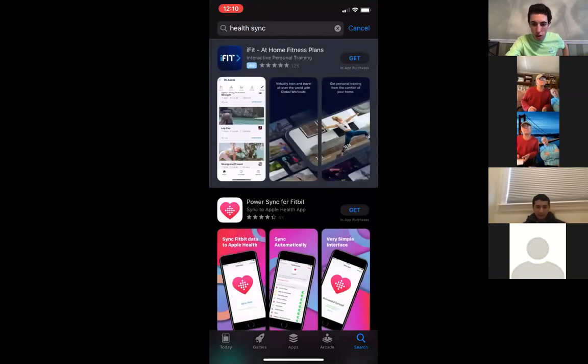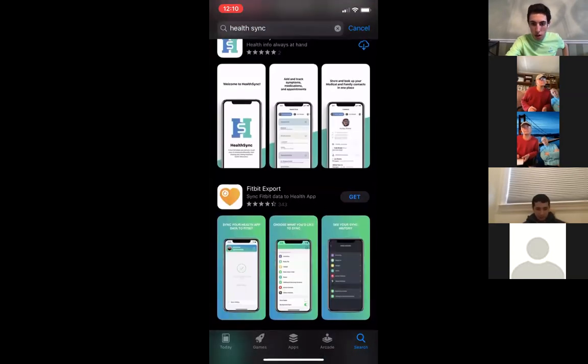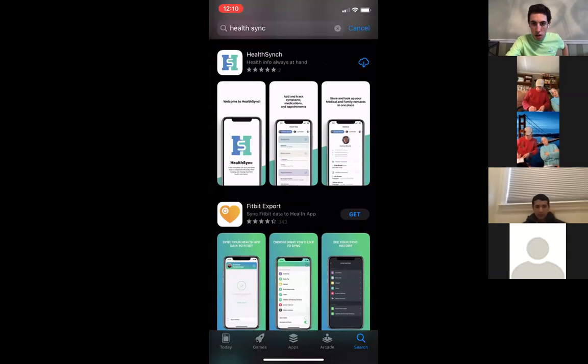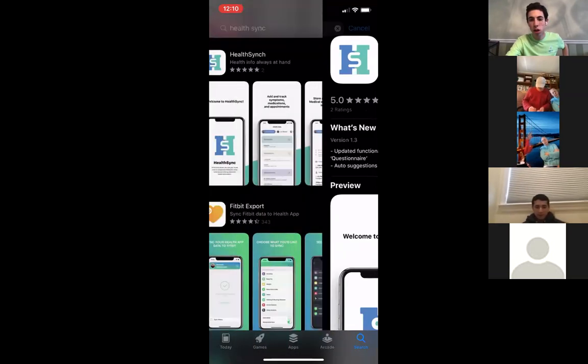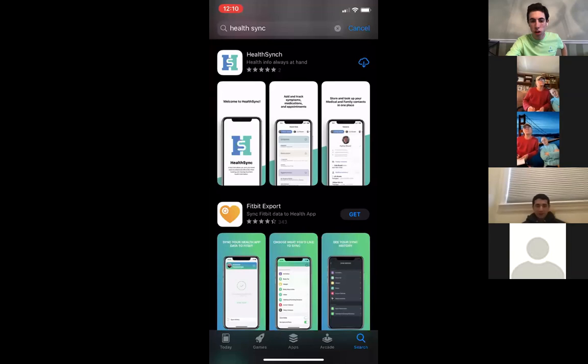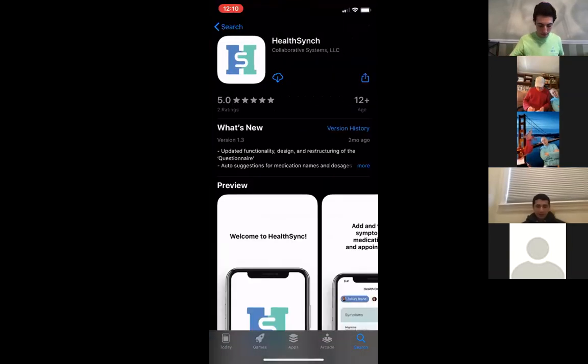And then you click on Healthsync, and you see it's right here. I've already downloaded it, so it shows up as a cloud, but for most of you, it'll just say Get. Either way, it doesn't matter. You just click on that button, and then it'll start downloading the app for you.